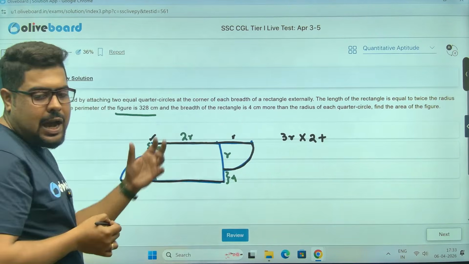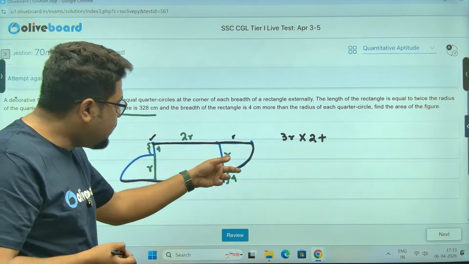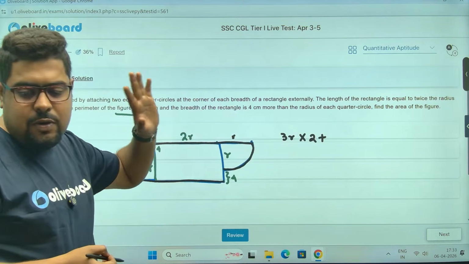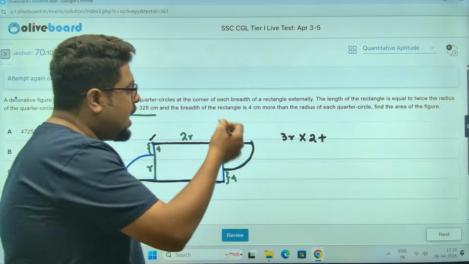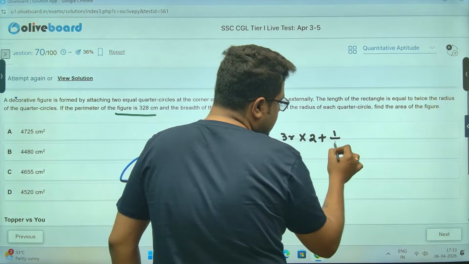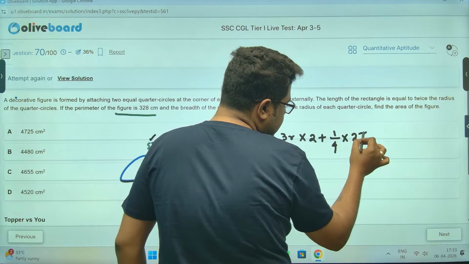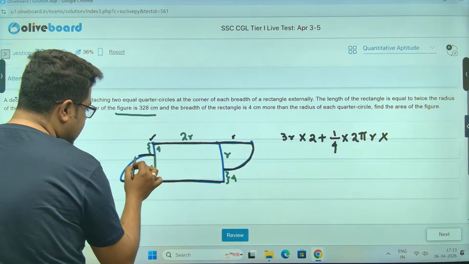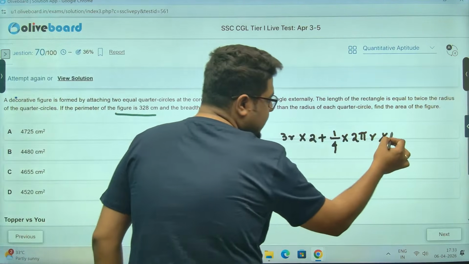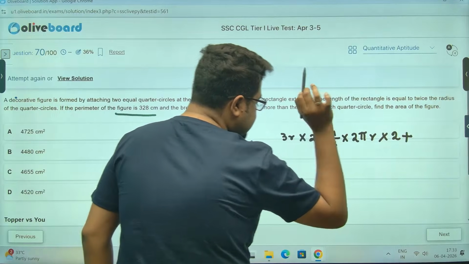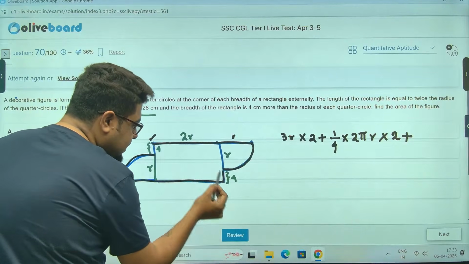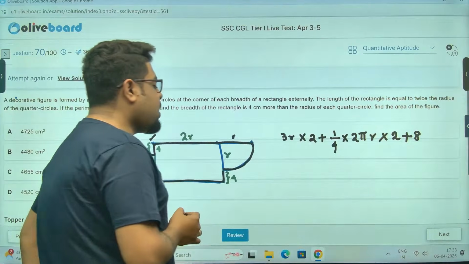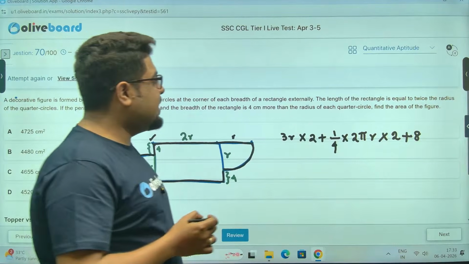This is just 1/4 of a circle of radius r. The circumference of a whole circle is 2 pi r. 1/4 of 2 pi r. But sir, there is two parts to this. One is this part, another is this part, sir. So again into 2. Again, it's not over. We need to take these two as well. 4 plus 4, which is 8. This is given as